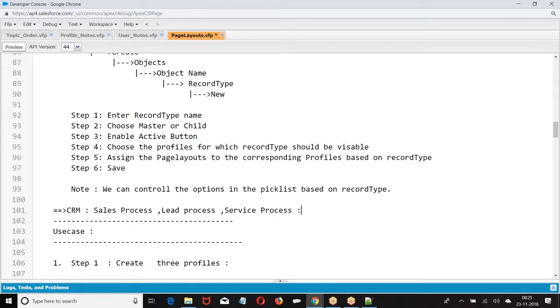Sales process means, in the opportunity object, what stages should be displayed based on the record type. Lead process means what options should be displayed in the status field of the lead based on the record type. Service process means what options should be displayed in the status field based on the record type. So all these three are what?